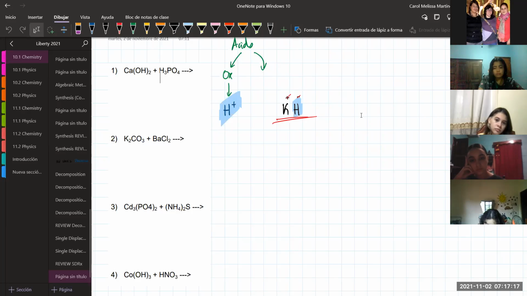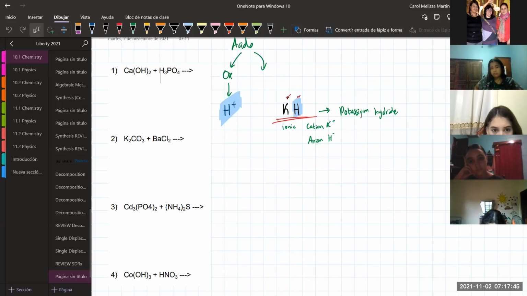Okay, this is an ionic compound where potassium is the cation and the anion is hydrogen. Okay, so hydrogen like an anion. And the name of this compound is potassium hydride. In Spanish, hidruro de potasio. Okay? So,